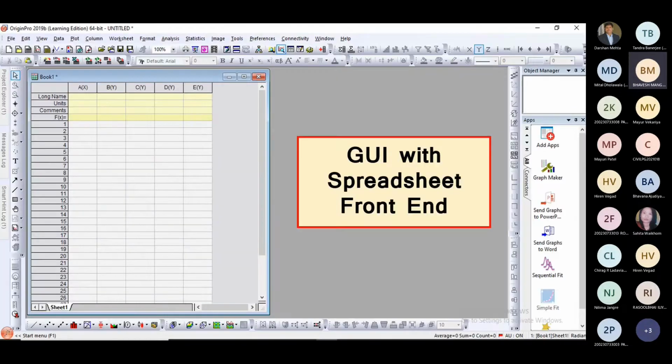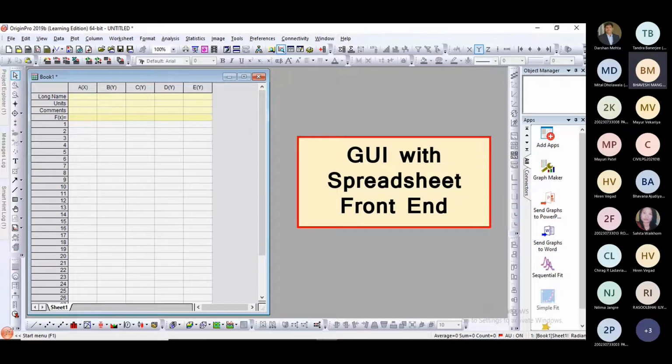Now let us see the interface of Origin. Origin has a GUI with a spreadsheet front end.